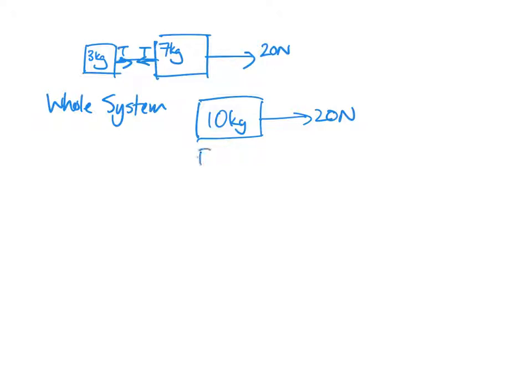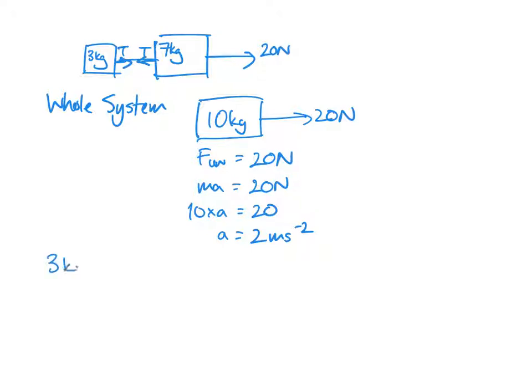So, as usual, our method: draw a free body diagram, write an expression for the unbalanced force in that situation. And then you can use MA is equal to that, and then in this case 10 times A is 20, gives us the acceleration of the whole system. But if the system isn't falling apart, which we assume, then the individual parts within that system must have that same acceleration as well. So now if I look at the 3 kilogram block,